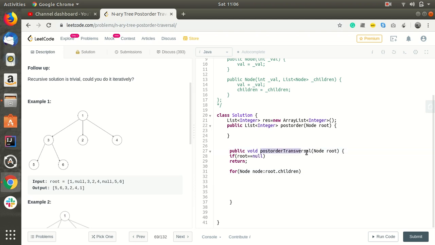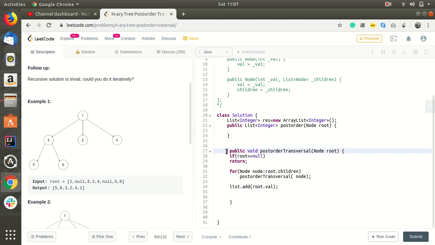We'll call post-order traversal for each and every child. Afterwards we will be adding list.add(root.val), and then our function will be completed.